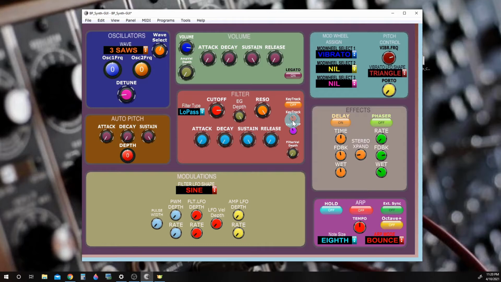For demonstration purposes, I find that using the noise waveform will give us a pretty good demonstration of how the key tracker works. Currently the key tracker is off, and if I play several different notes right now, they all sound the same because it's white noise. It does not have a pitch. If I turn the key tracker on,